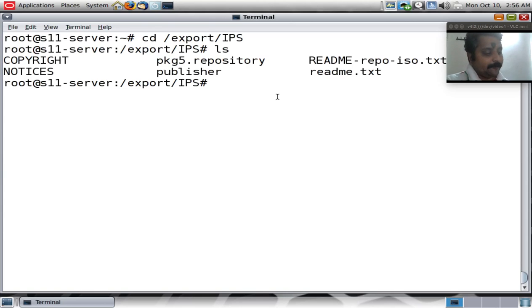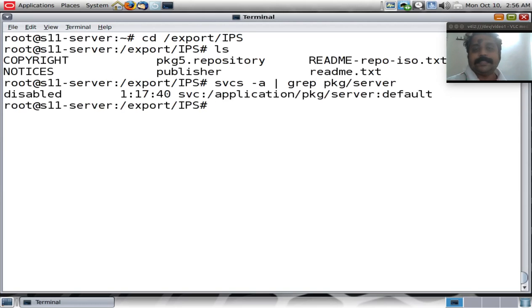So what we will do now is to list a specific service called pkg/server, which is a service that should be enabled and running on a PKG repository, on an IPS repository, so that it can start responding back to the clients when the clients attempt to download and install a package from this server. It's not enabled. We can try enabling this.